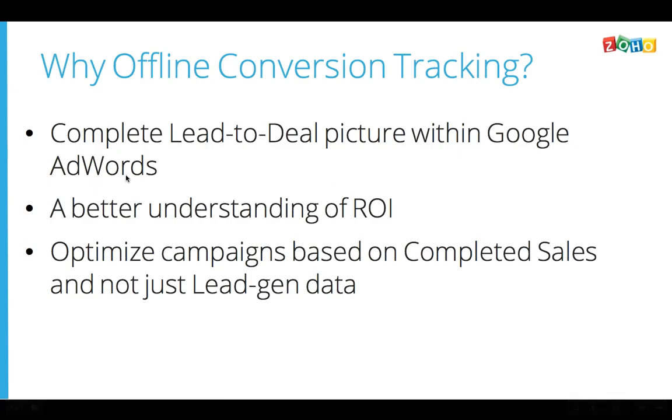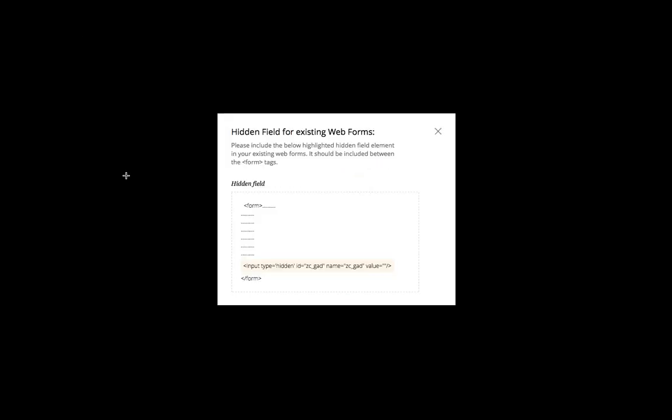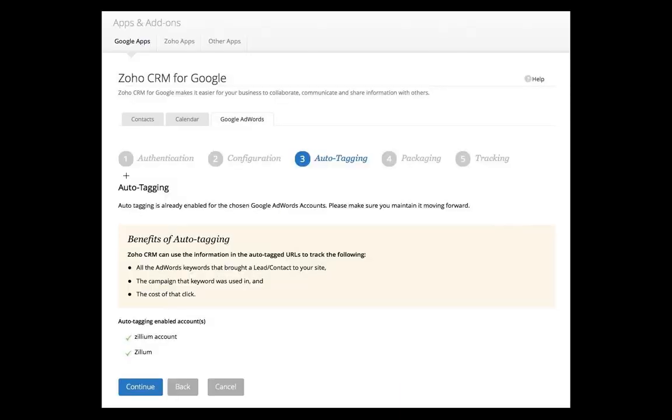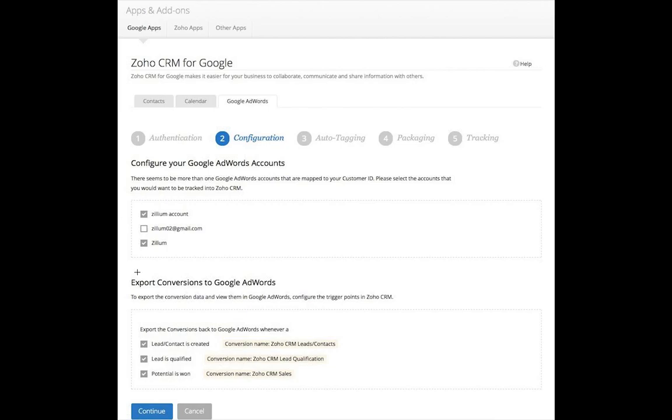Now, if you remember, in the earlier stage, I had shown a slide where the data was being mapped. I'll just show you the screen. Here. It was called export conversions back to Google AdWords. Now, this is what makes the cycle complete.